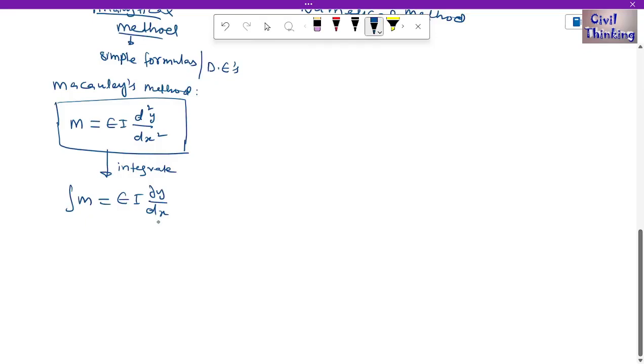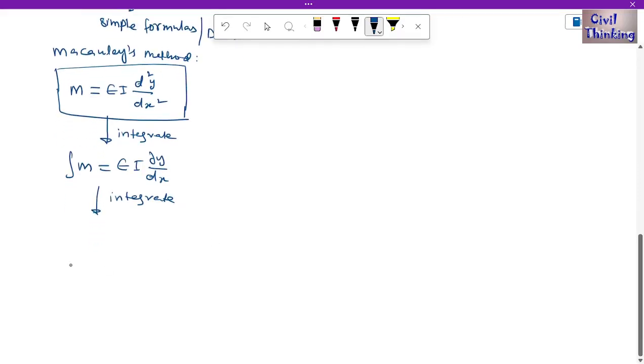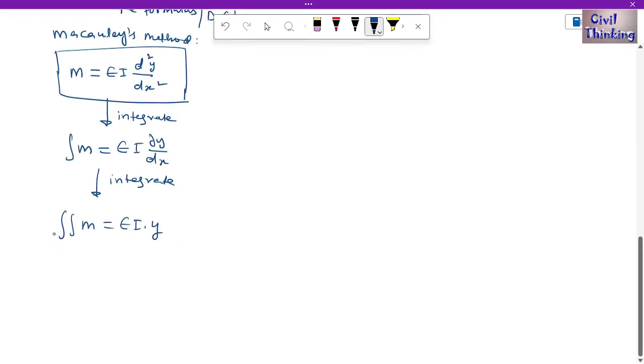Now still we didn't get y, because we get dy by dx, but we need y. So we integrate it again. We will get the double integral of M is equal to EI times y. Of course there will be some constants of integration, for example c dash, c double dash. I will not go into these things, this is not important right now. I want to say how we find y